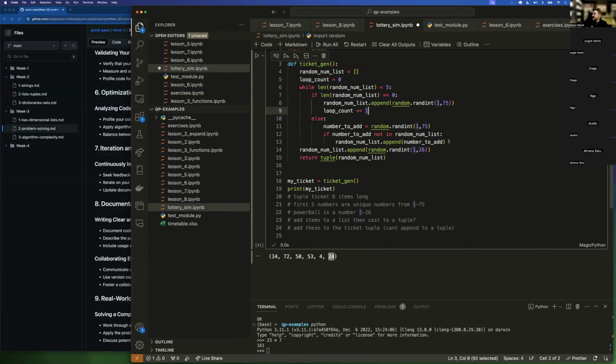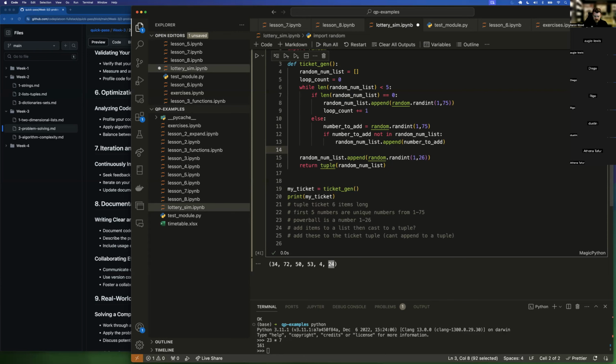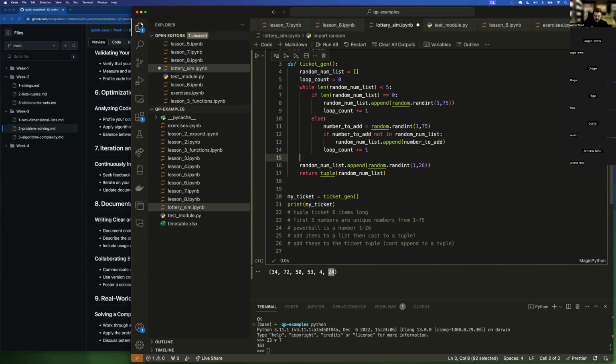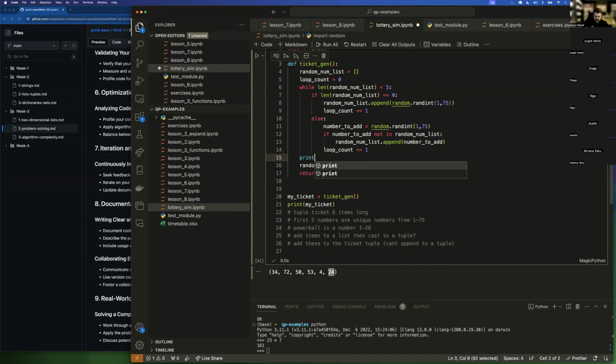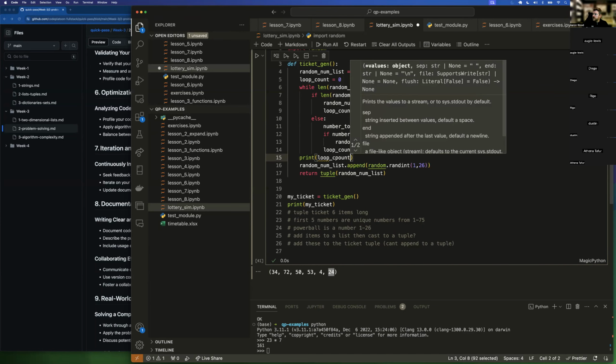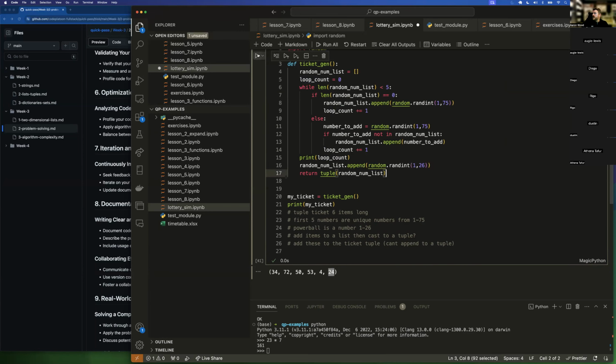And then here, I can run at the end of this loop count plus equals 1. And then I can print at the end of everything, print